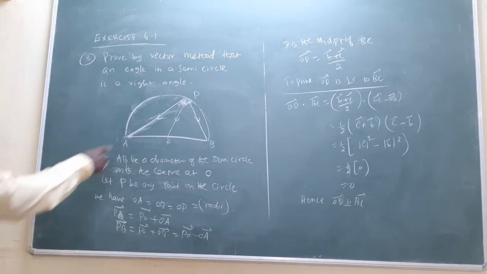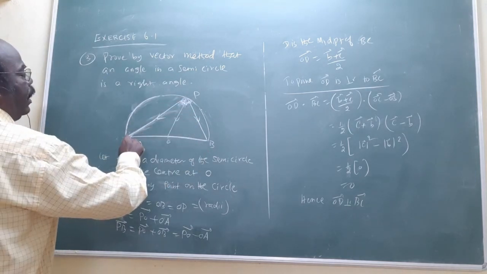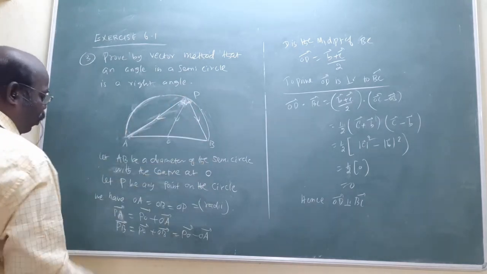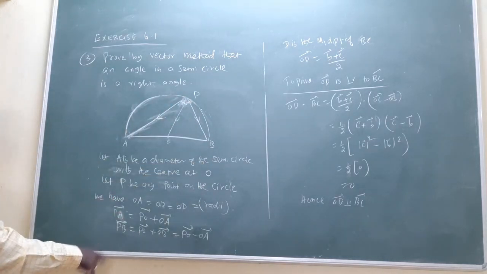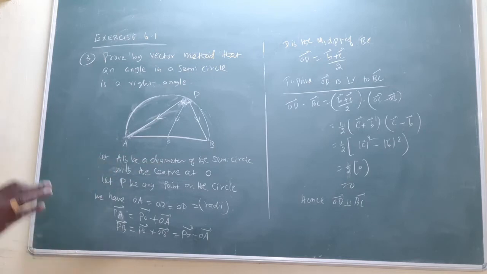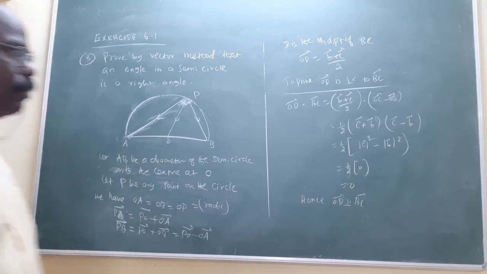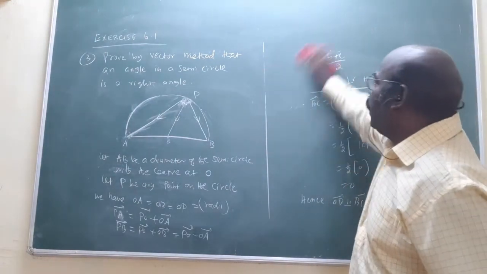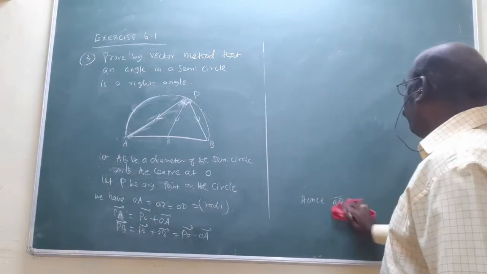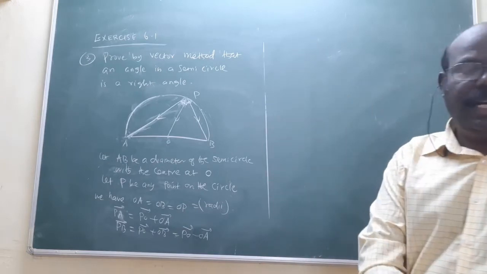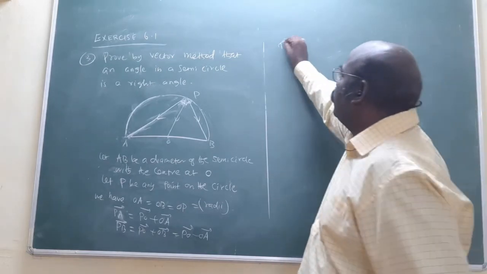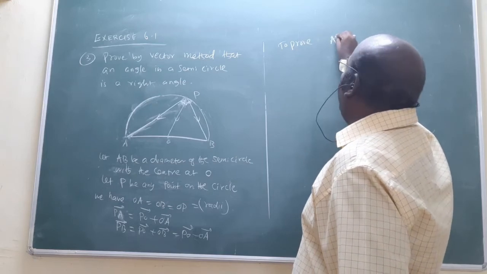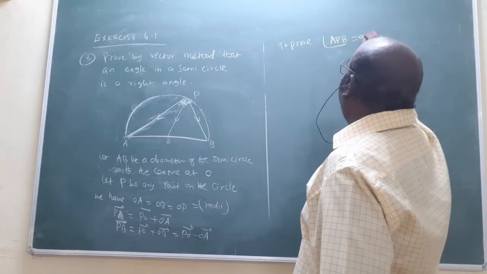Now you want to prove this is 90 now. Angle APB equal to 90. That is what? The dot product of PA and PB equal to 0. The PA and PB are already found. Now put the dot product, 0 will come. That is the answer. You will find the PA vector and PB vector. Then the dot product of these two vectors is definitely 0. Now to prove angle APB equal to 90 degrees,